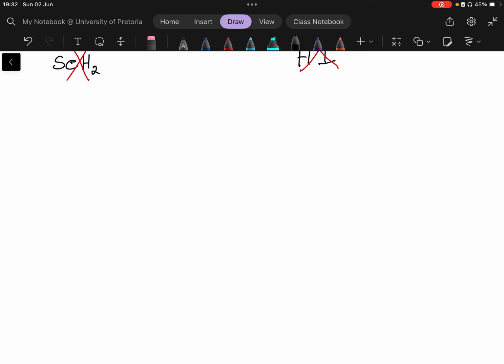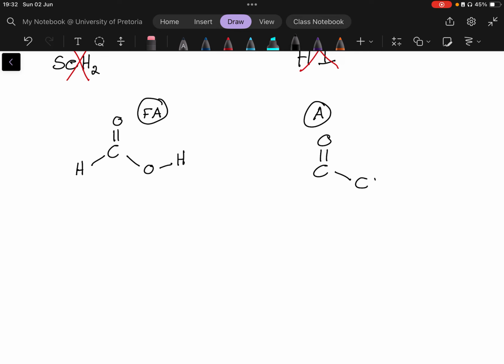So formic acid, you can go look up the structure and you will see, fully drawn out, fully explicit, it looks something like this. This is formic acid. And then the acetone is C double bond O. Right. Now the question is,